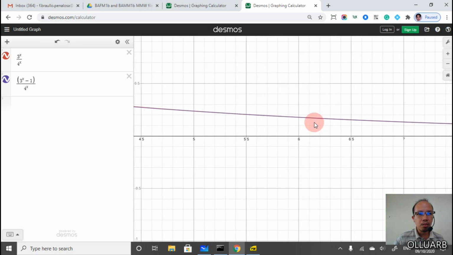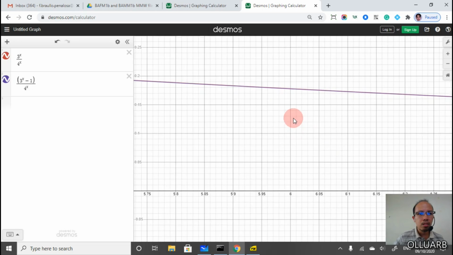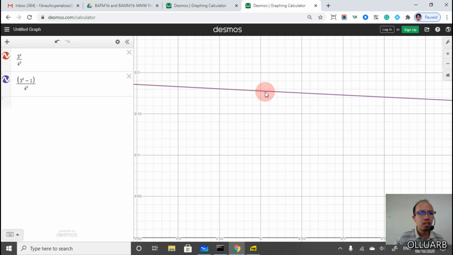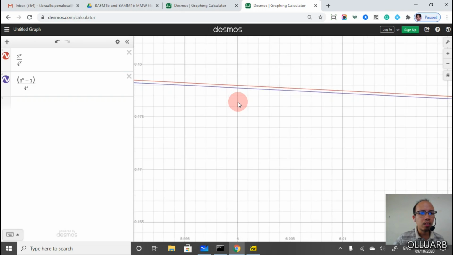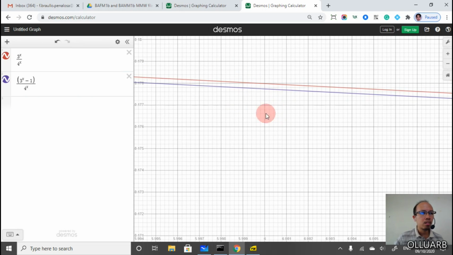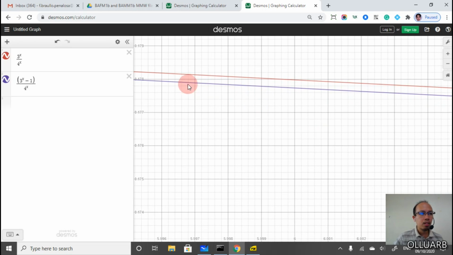Can we try to expand? Can we use this one? Okay, that one. The red graph, which is 3 to the x over 4 to the x, is much bigger in value than